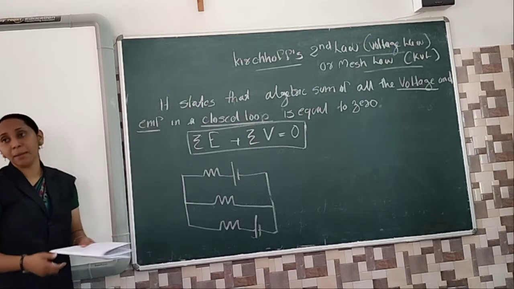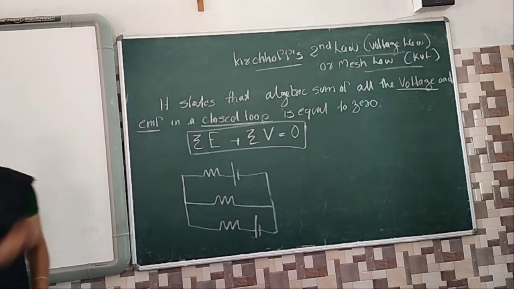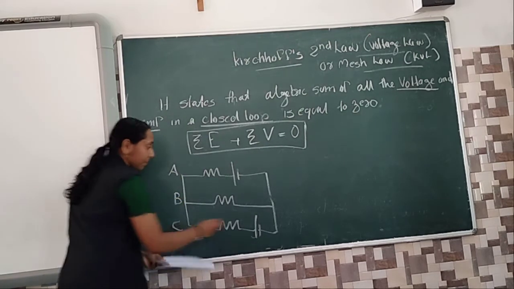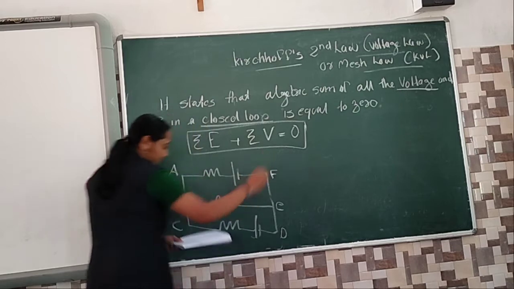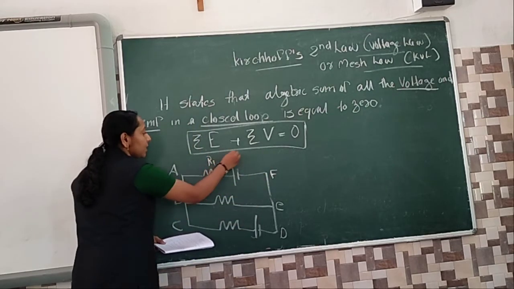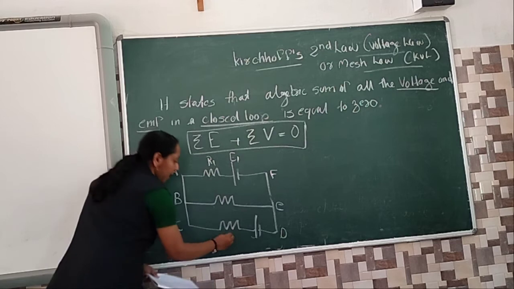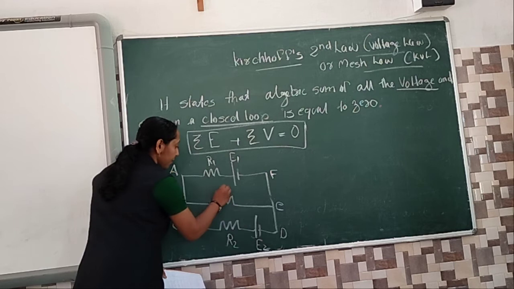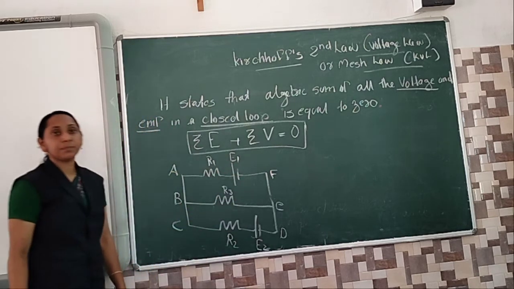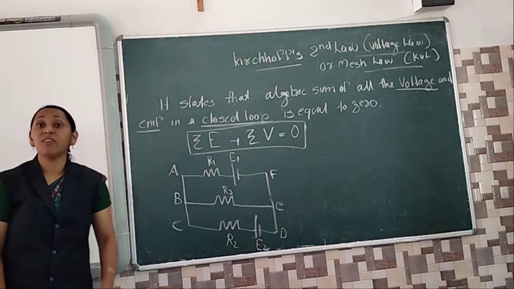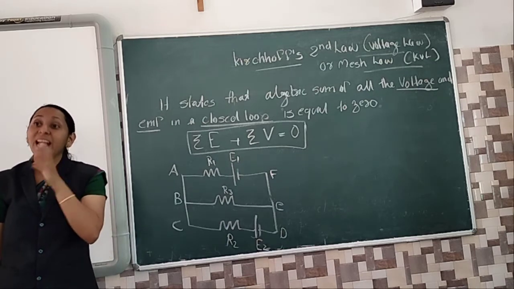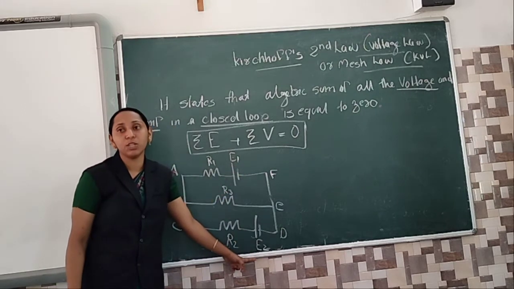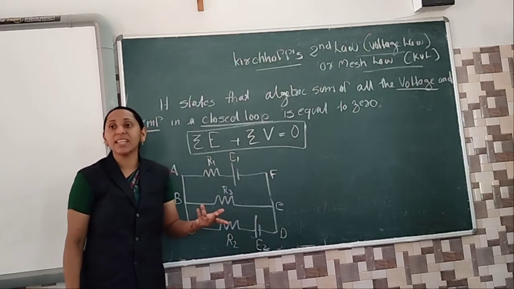First you should do the naming. What is your first step? Naming the arrangement. So I am giving the names A, B, C, D, E and F. This is my R1, this is my E1, and this is my R2, this is my E2, and this is my R3. What is the meaning of this capital E? The EMF of the first cell. Where is the EMF present? Inside the cell. That means this cell has EMF E1, and this cell has EMF E2. R you already know, R is for a fixed resistor.